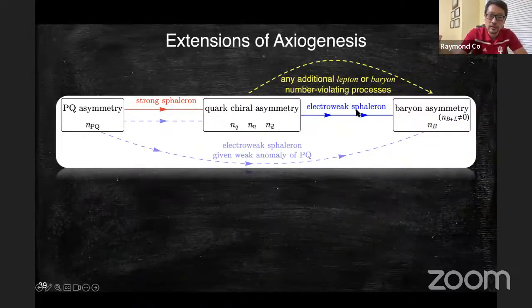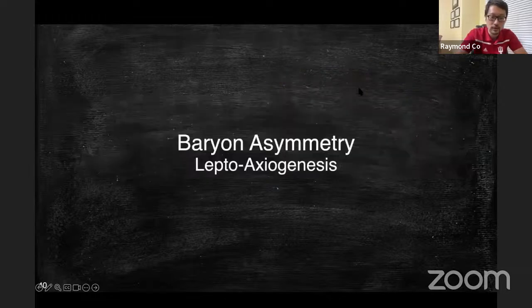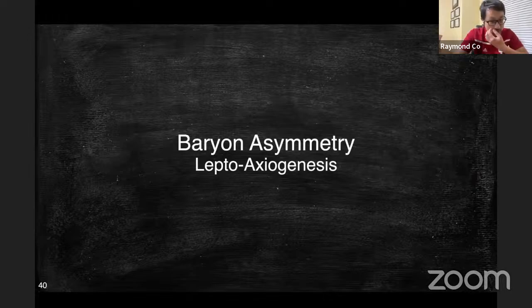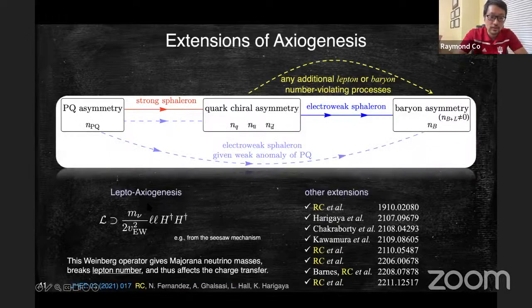So the idea is that we want to enhance the baryon asymmetry production. And there are many different ways, as long as you have any additional lepton or baryon number violating process in your favorite model. So I will just show you one example, and that's what we call leptoaxiogenesis. The idea is that we know neutrinos have mass, and the mass could come from this dimension 5 operator. It's called the Weinberg operator, and this dimension 5 operator can come from the seesaw mechanism. And this Weinberg operator breaks the lepton number, as you can see. So L is the standard model lepton, and H is the standard model Higgs. So this breaks the lepton number, which means that there's additional transfer from here to here, and that enhances the